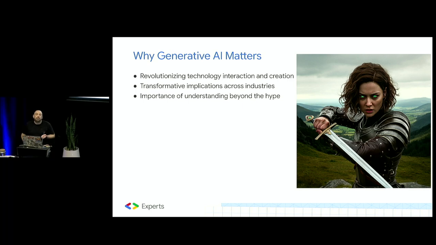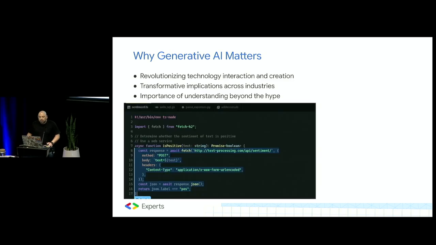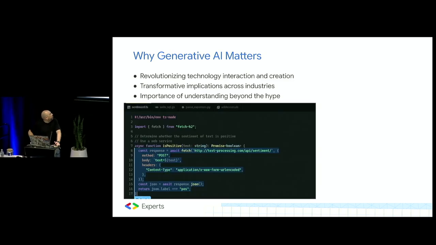So take, for example, a look at this, right? This image wasn't created by an artist. As a matter of fact, I was able to create it in 10 seconds using Imagen and a simple prompt, right? Or what about this code snippet? This whole function actually was generated by a generative AI model.